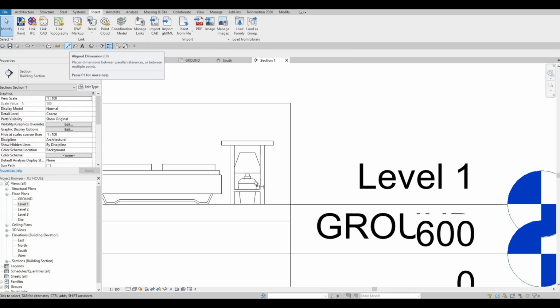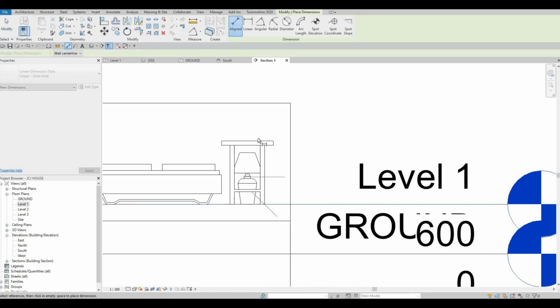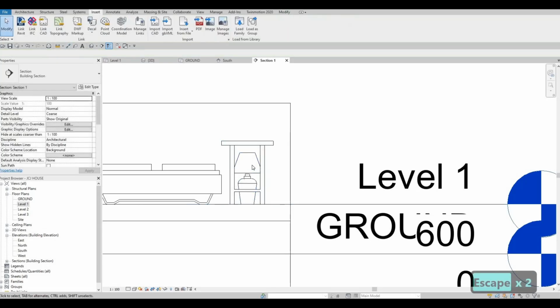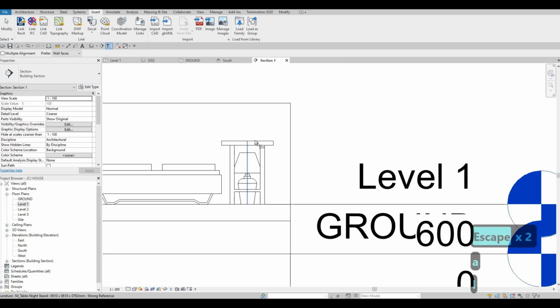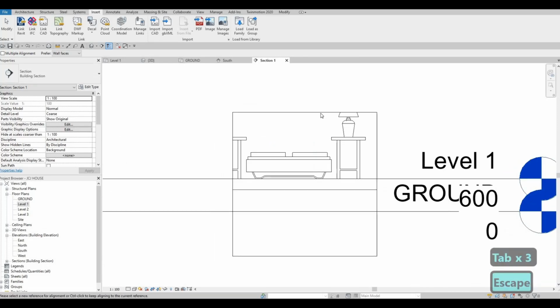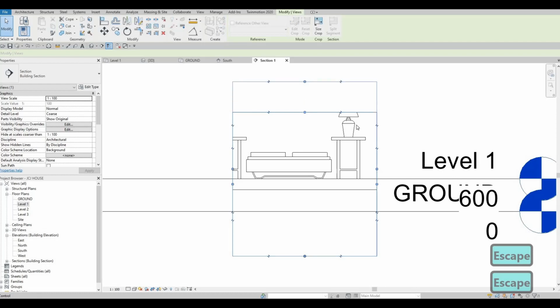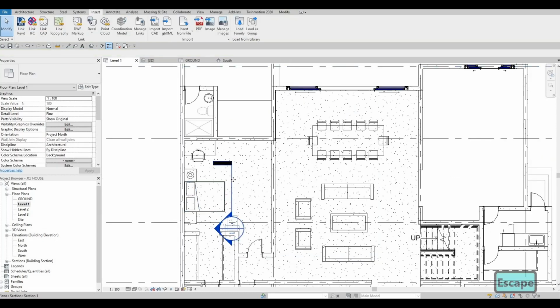What you can do is you can use dimension tool to see that this is 762, and what you can also do is use AL, and then from here to the bottom here, and it will go at the top of that. So now that we know that, we can delete the section now,